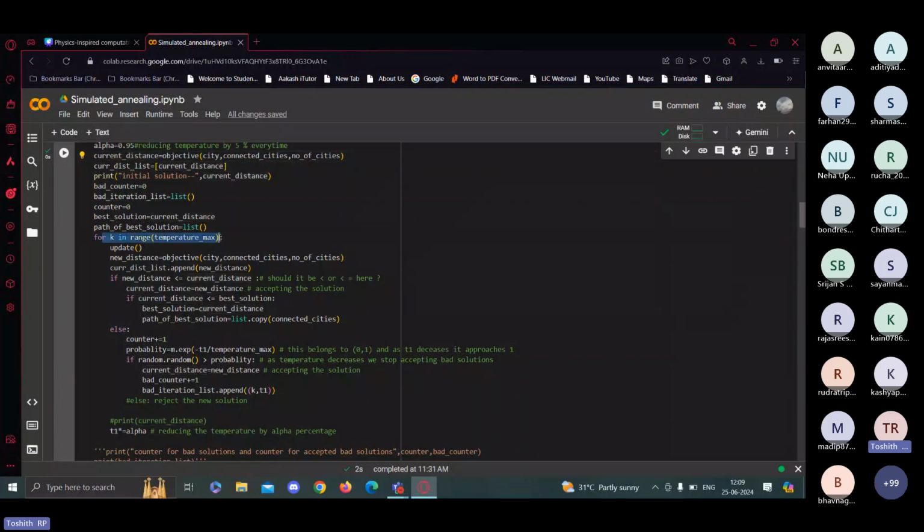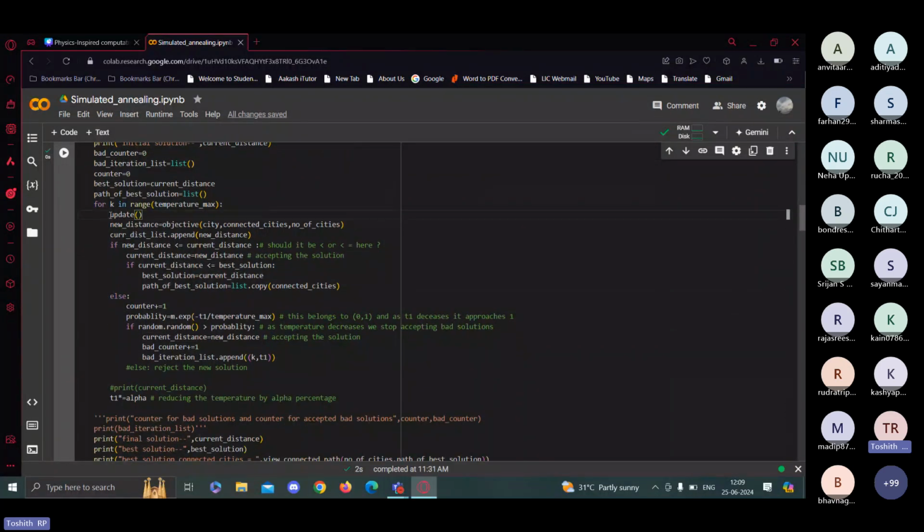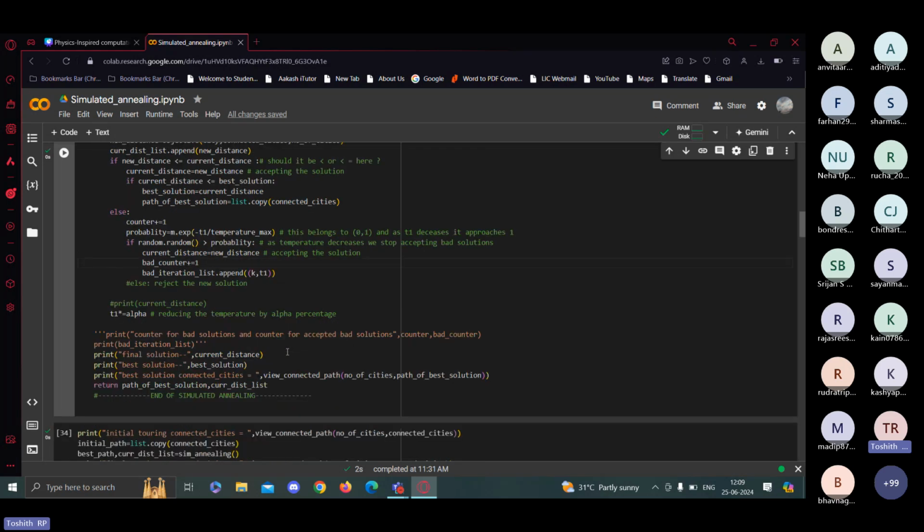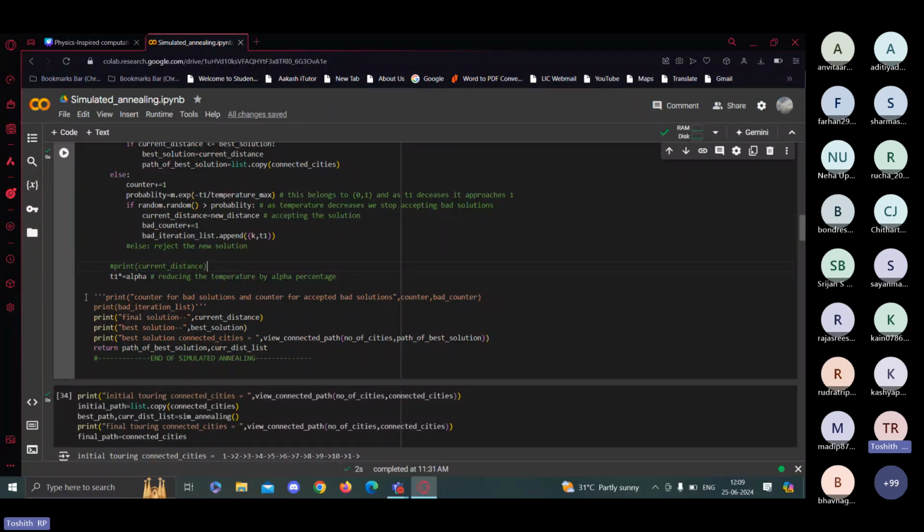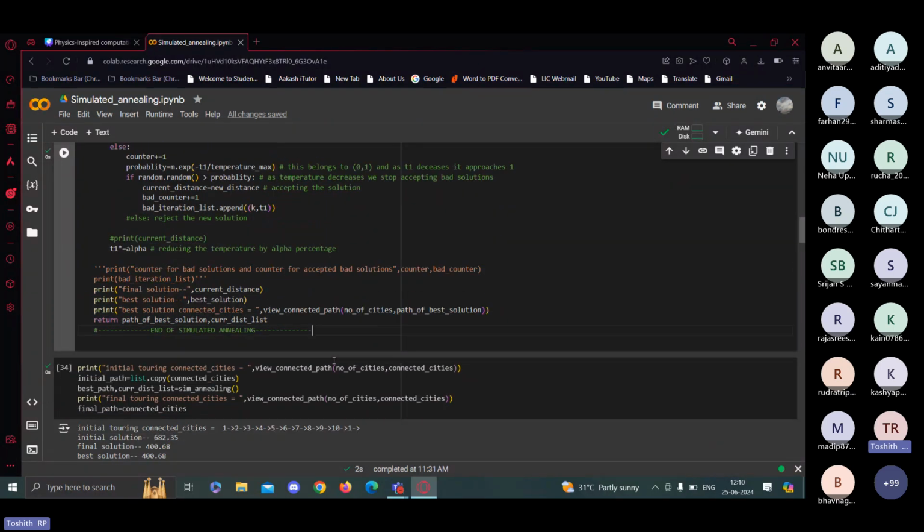I run the program these many times. I update the touring path. I get the new distance, and then I see if the new distance is less than current distance. This is all the algorithm which I've shown you before, and all the other smaller variables are just for testing. You can comment out a few things, or if you are interested, you can try to graph them and see how the program runs. Over here, I've commented out else because we don't really need this. And this is all just to print and all.